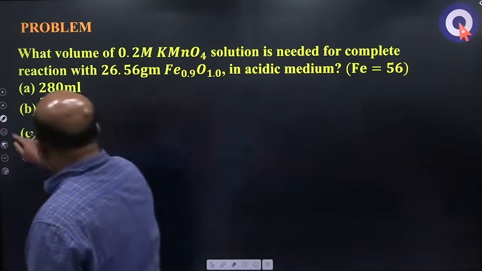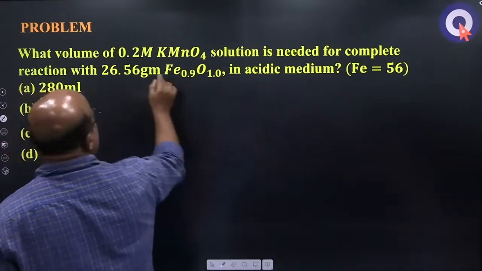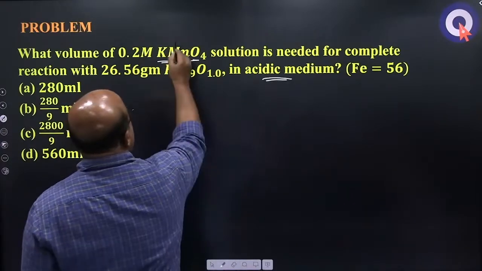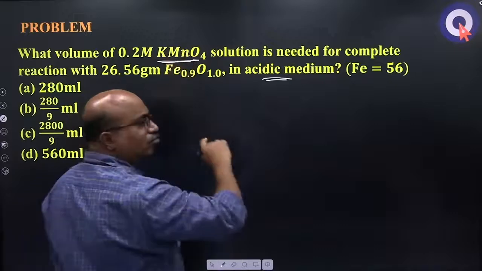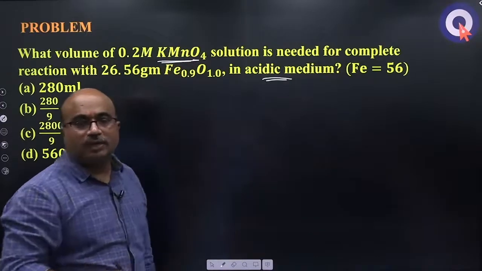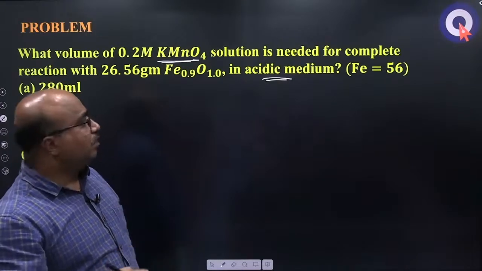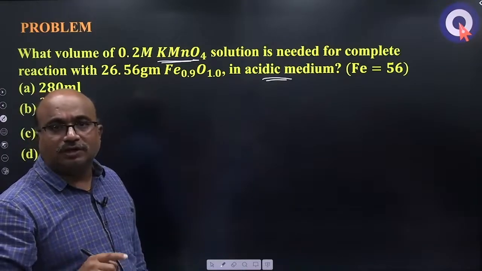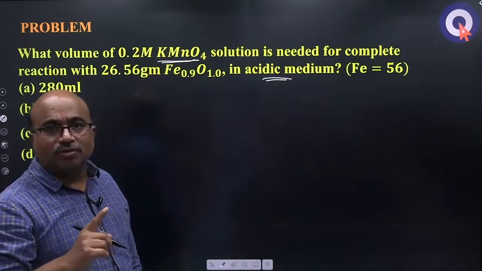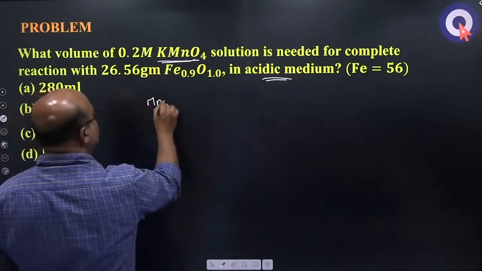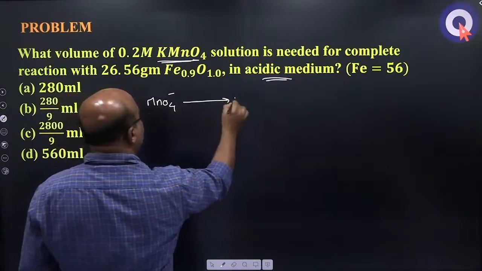What we usually say about KMnO4 in acidic condition is that manganese goes from the +7 state to the +2 state. Hence KMnO4 is an oxidizing agent, where it gets reduced. Manganese oxidation state changes from +7 to +2 in acidic condition. So MnO4- is converted into Mn+2,